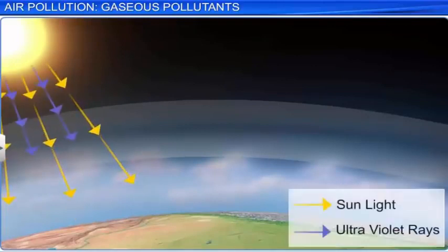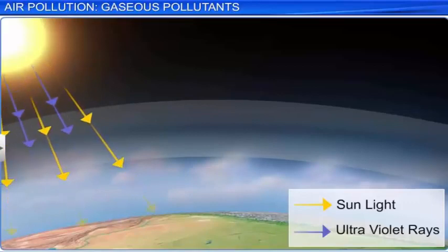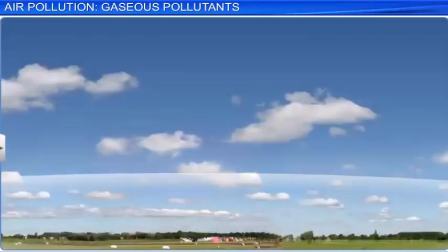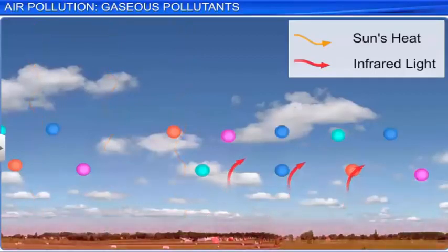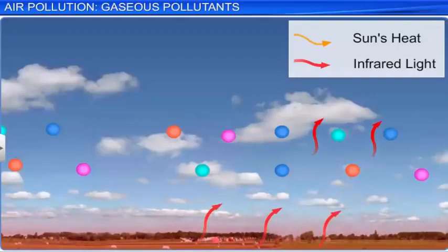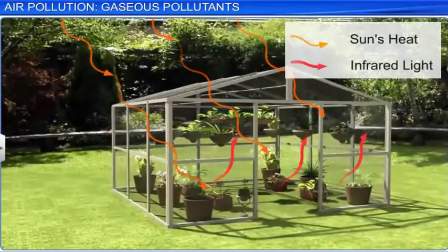When the sun's rays come towards the Earth, one layer absorbs the harmful rays like ultraviolet rays and lets the rest pass to reach the Earth's surface. Near the Earth's surface, another layer traps the sun's heat so that the Earth is perfect for life. In response, the Earth's hot surface also sends back some infrared light, a part of which is sent back to space through the atmosphere. This process is very much similar to a greenhouse, where the glass holds the sun's heat inside.